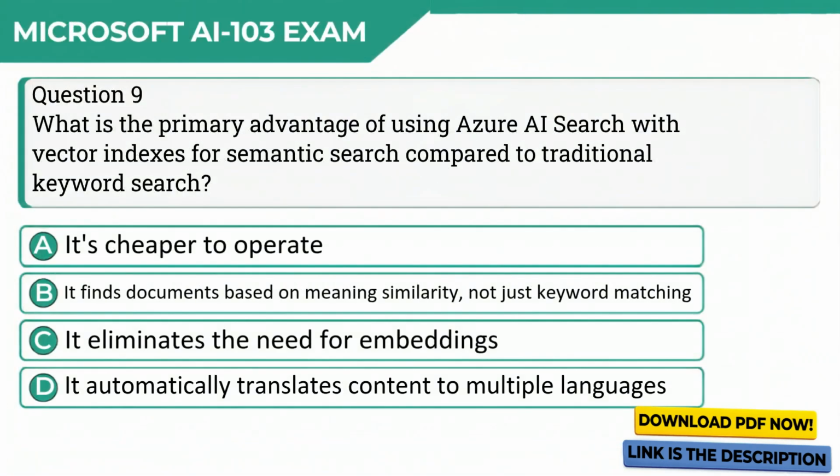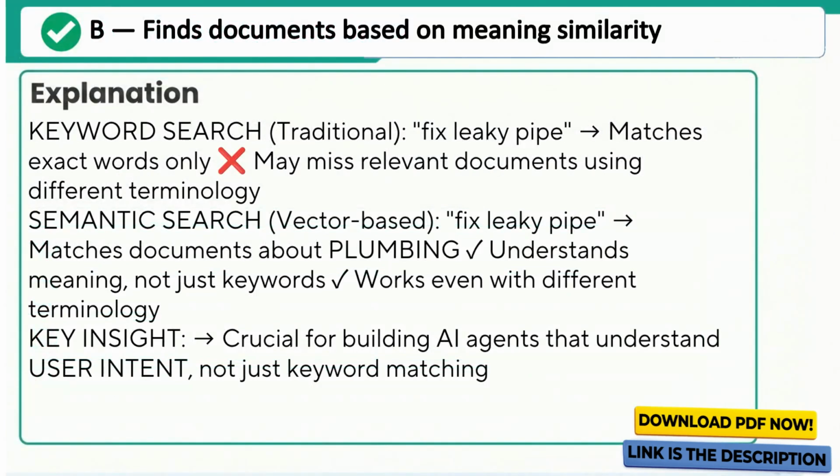Question 9. What is the primary advantage of using Azure AI Search with vector indexes for semantic search compared to traditional keyword search? A. It's cheaper to operate. B. It finds documents based on meaning similarity, not just keyword matching. C. It eliminates the need for embeddings. D. It automatically translates content to multiple languages. Correct answer, B. Finds documents based on meaning similarity. Explanation: